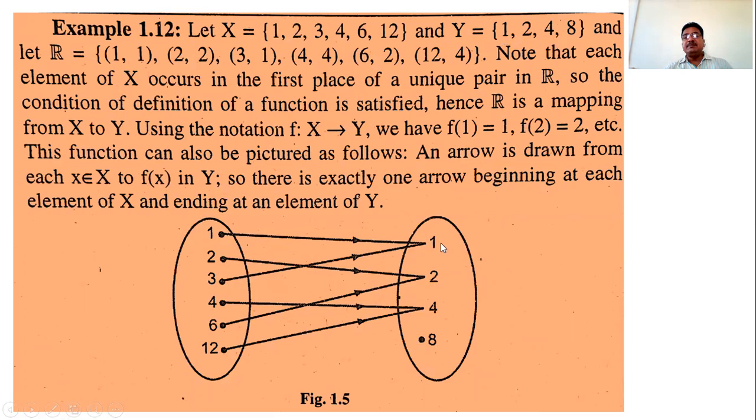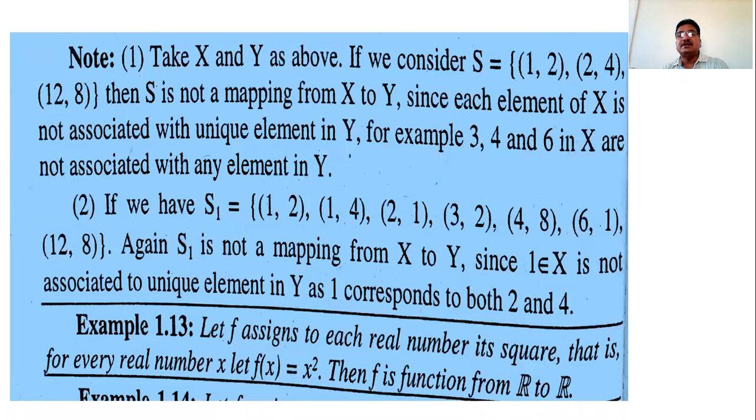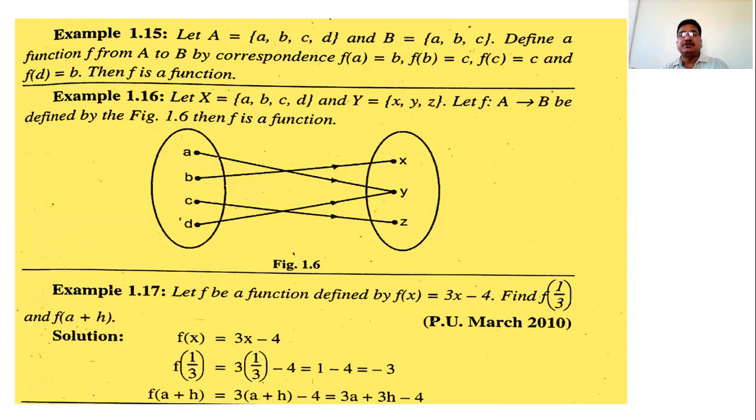but the range of the function contains only 3 elements. Sometimes the range of the function and the codomain of the function are both the same. If both are the same, then the function is onto, or is called a surjective function. So in the next topic we will discuss the injective function and surjective function. For example, what is this function? It is a surjective function, an onto function.